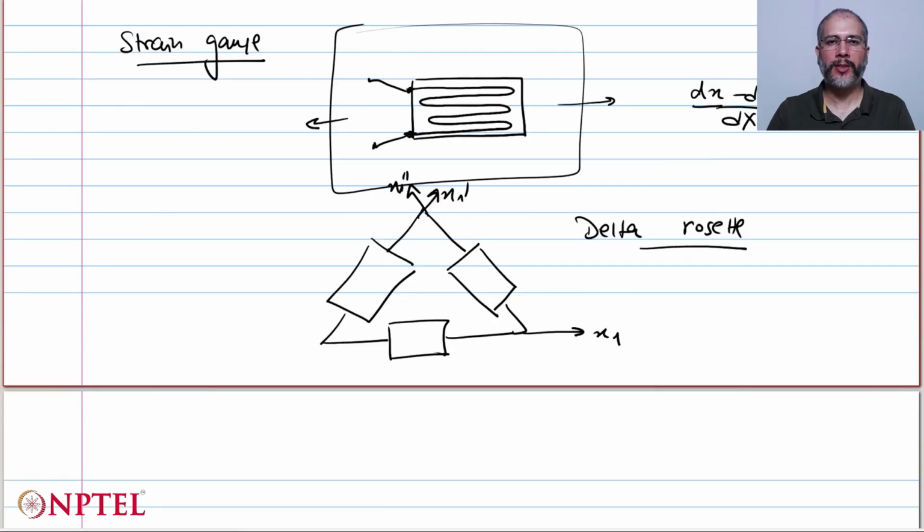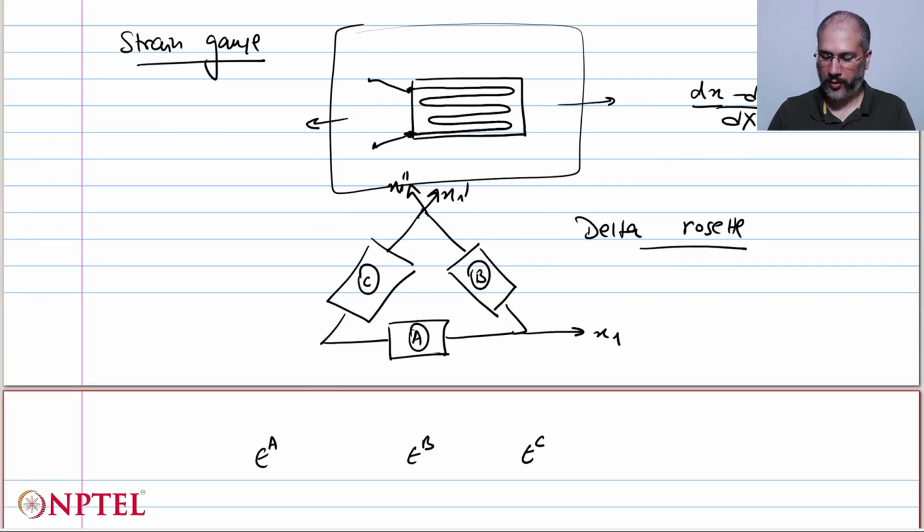Now these strain gauges are extremely small in size because the idea is that all these three measurements give us the state of strain at a given point P. Now of course measuring on a point is not possible, but we try to keep these as small as possible. So if strain gauge number A measures epsilon A, strain gauge B measures epsilon B, and strain gauge C measures epsilon C, or I should say epsilon longitudinal,